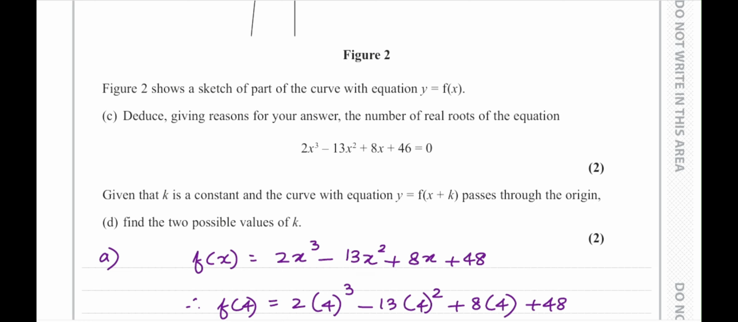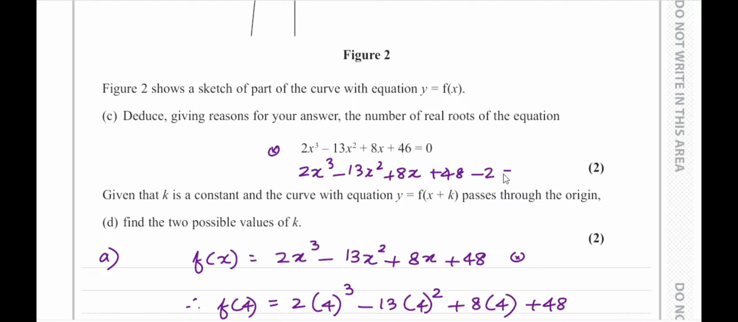Part C. Figure 2 shows a sketch of part of the curve with the equation y equals f of x. Deduce, giving reasons for your answer, the number of real roots of the equation 2x cubed minus 13x squared plus 8x plus 46 equals 0. Okay. So from this equation and the original f of x equation, we can see the difference is that this is 46 here, whereas it was 48 in the original, which actually means if you write 2x cubed minus 13x squared plus 8x plus 48